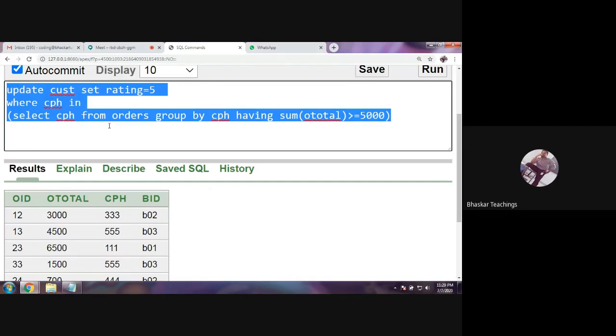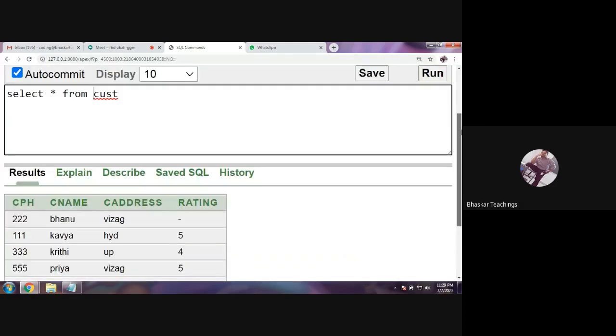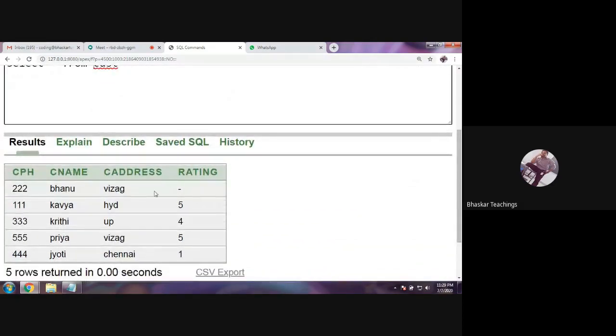So we have a table, right? The same table, customer. So we shall use the same table to delete a record. So this is the table. Now I want to delete the customers who don't have at least a single order throughout the year. Assume we have several customers here, let us say some 1 lakh customers. I do not know which customers have orders. Assume you do not have this rating column. You could say, sir, based on the rating you can delete, right?